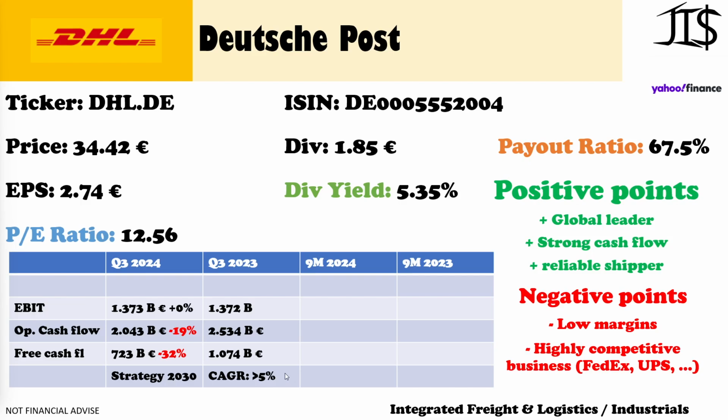And then yeah, you have the burning packages, you have the plane that crashed, so that's all not that great for Deutsche Post or DHL. They are really a good firm. I like working with them for sending packages, so I hope that they improve their results. But when I see this with the cash flow going down that much, that's not positive, of